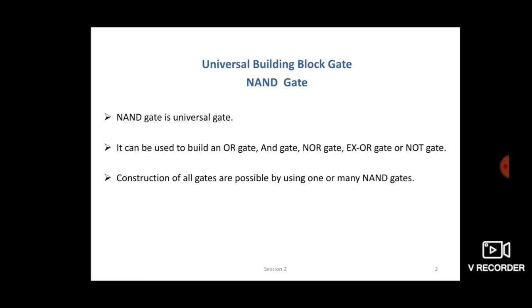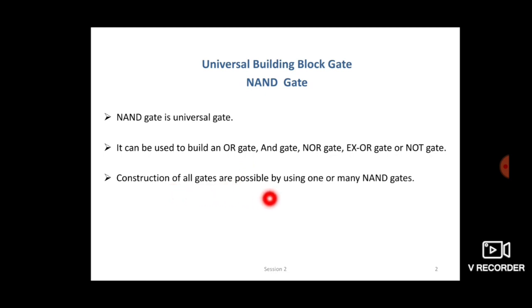Using either NAND or NOR gate, we can build OR gate, AND gate, NOR gate, XOR gate or NOT gate. Because of this reason, NAND gate is called a Universal Building Block Gate.